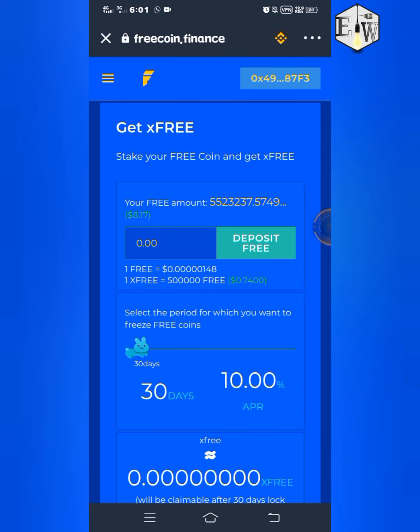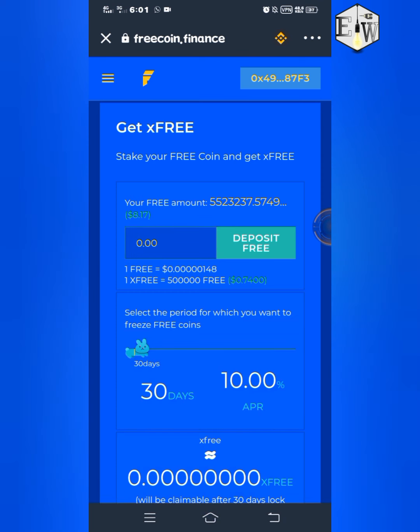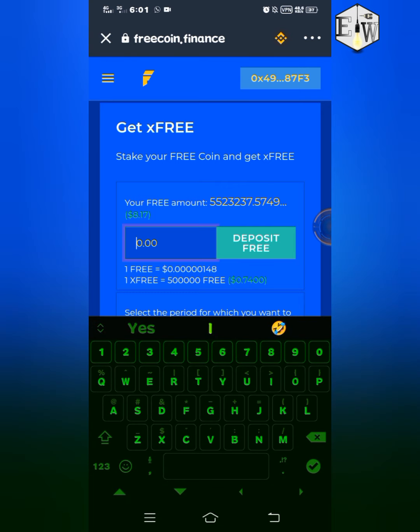So I'll click on OK. Oh, sorry. I have to type in the amount that I want to deposit here. That was my mistake. So I'm going to deposit this whole amount here. I'm going to type it. There's no maximum button here, so I'll type in